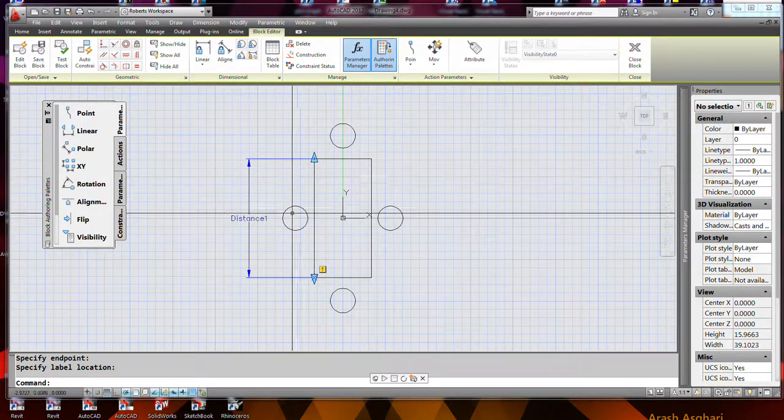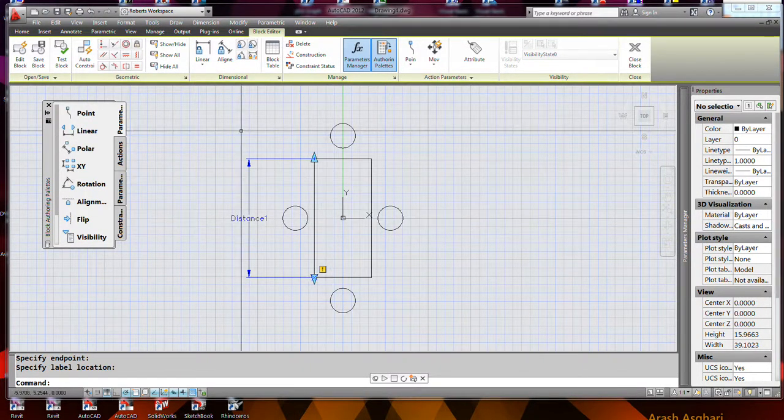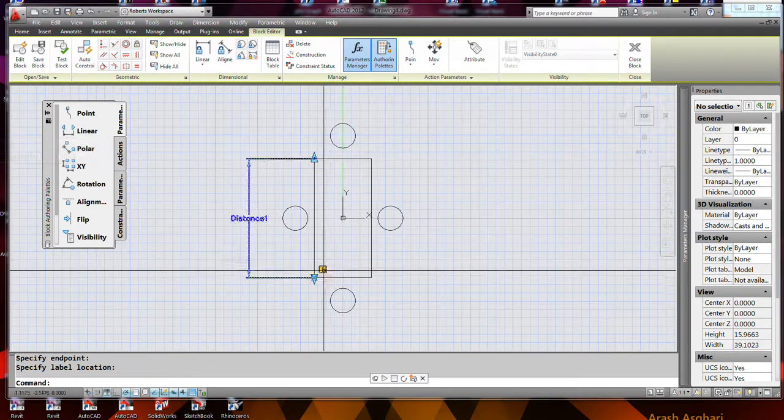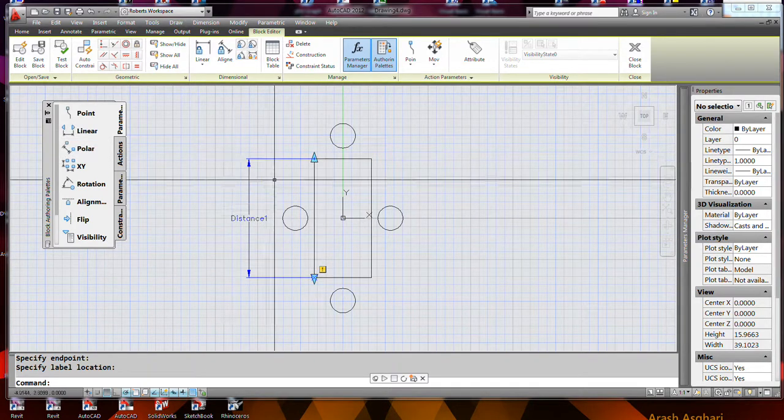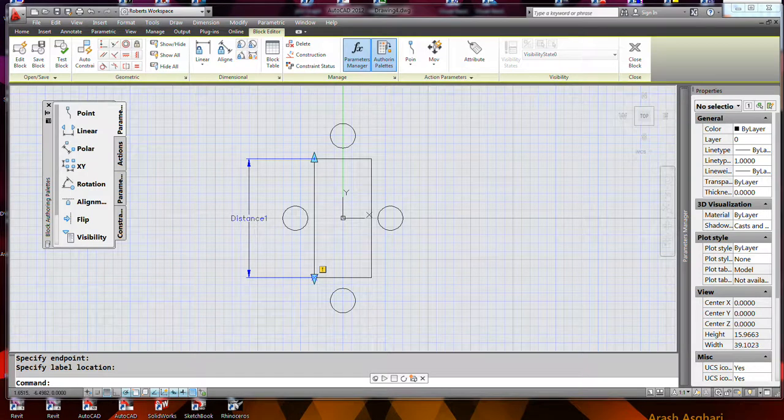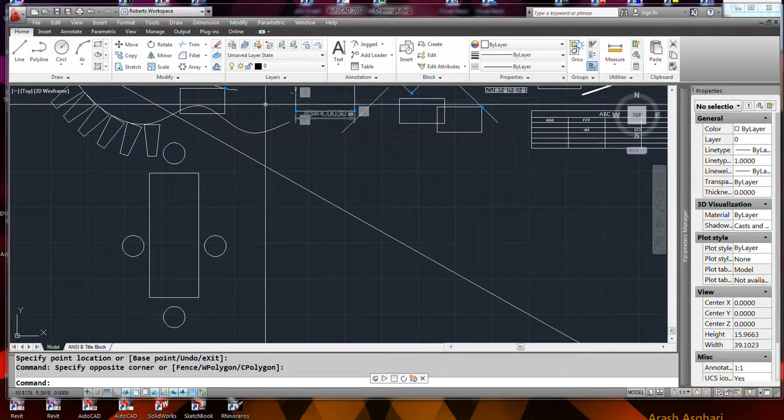Okay, I created a new table and chairs block, and I'm here in the block editor. I already applied a linear parameter starting here and just threw it out. Okay, so basically,